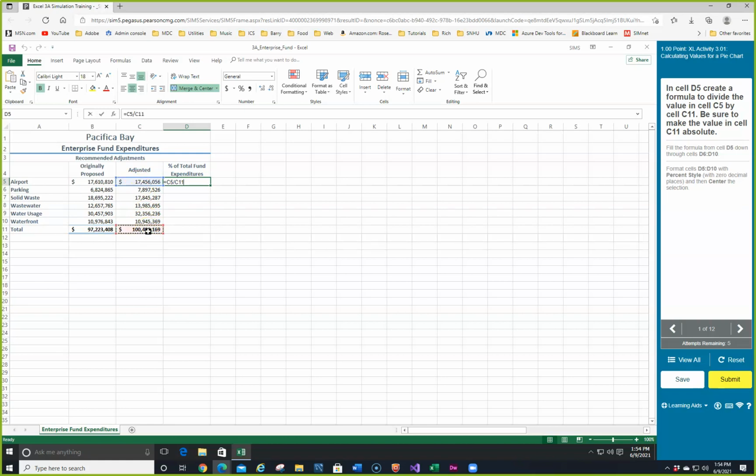Make sure that you hit F4 or you type in the dollar signs yourself. F4 is just a shortcut. So there we go. That means when we go down, it's always going to be C11, but the next one will be C6, C7, and so on. So it gives us kind of an ugly looking thing. Let's copy it down